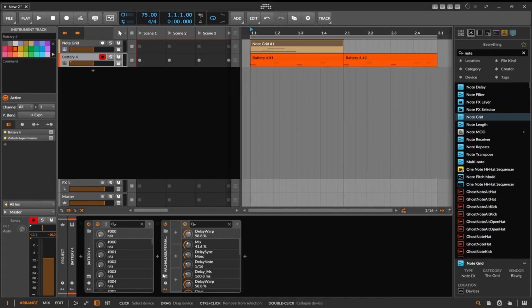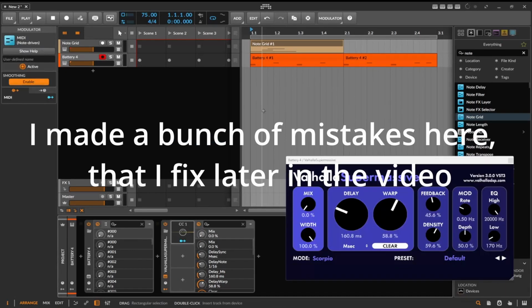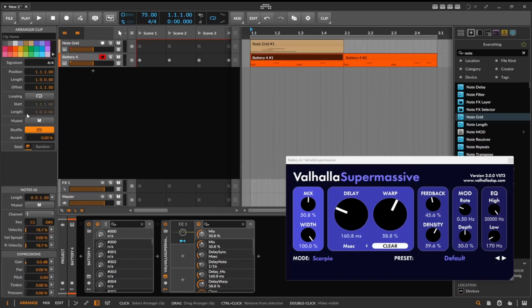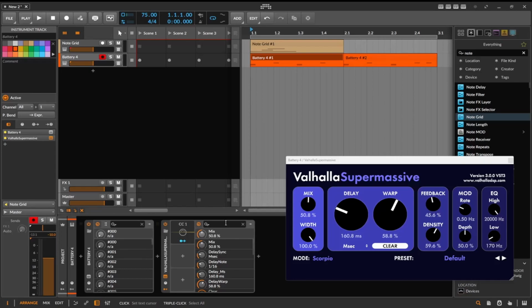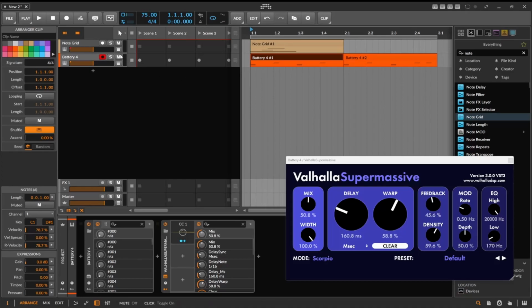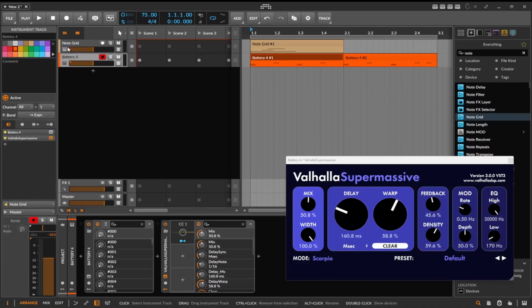So we go to Valhalla MIDI, and then we're going to take this and crank it up to 50%. So let's send this information down to here by going, actually, we need to do it by the track. We got it. This little thing right here takes out where you're getting the MIDI information from. And so we're going to say NoteGrid is sending us that information. So we have this MIDI information, and we have this information. So when we hit play on this track,